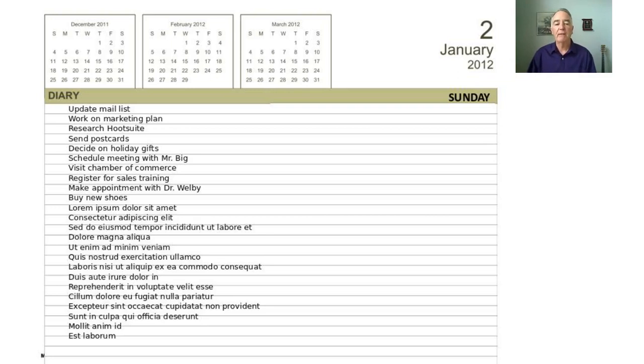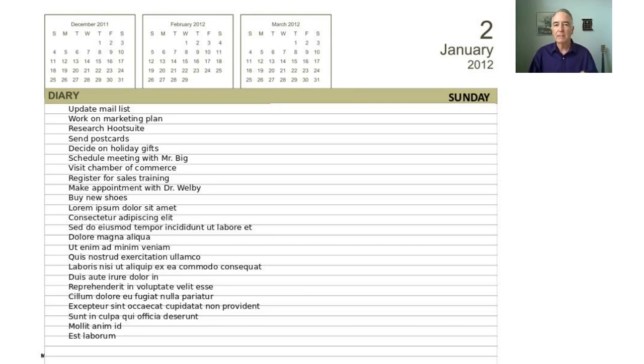Everything that you don't have a date by when it needs to happen, or, well, some things we have a date by when it needs to happen, but we actually need to start working on them sooner. So if you don't know when you're going to work on it, put it on this list. So this is the first step. It's taking all of the tasks that you have on all of your to-do lists and writing them down on this Sunday page. Yes, using a pen or a pencil.